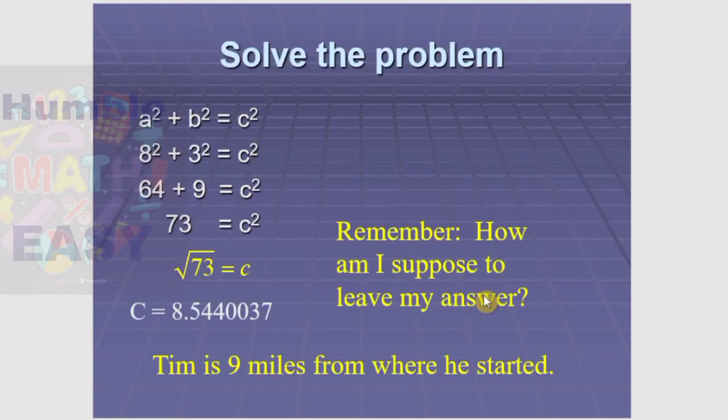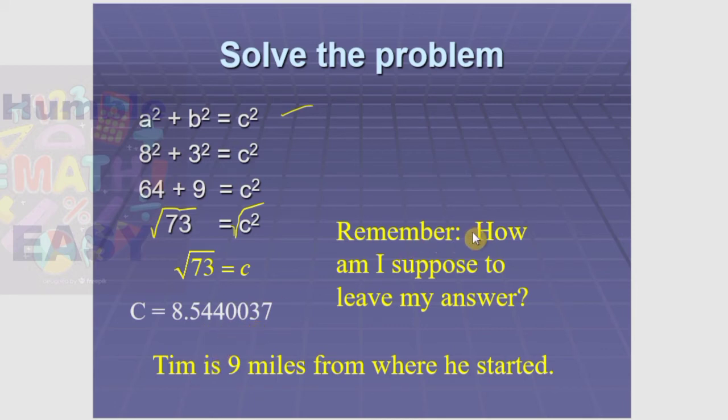So further, we come up with 8 squared plus 3 squared is equal to c squared, by the use of the Pythagorean Theorem, for us to be able to solve one of the unknown sides that we have. And so 64 plus 9 is equal to c squared. Then to get the c, we are going to extract the square root of both sides. So what we now have is c is just the same as the square root of 73, or approximately the same as